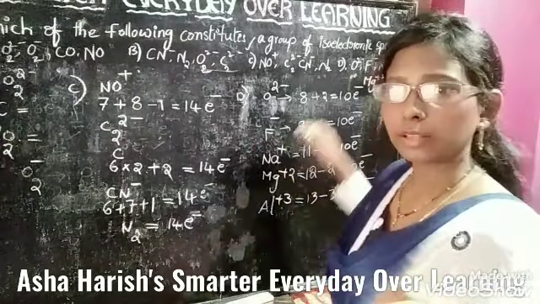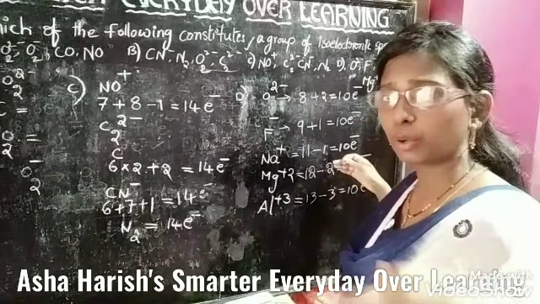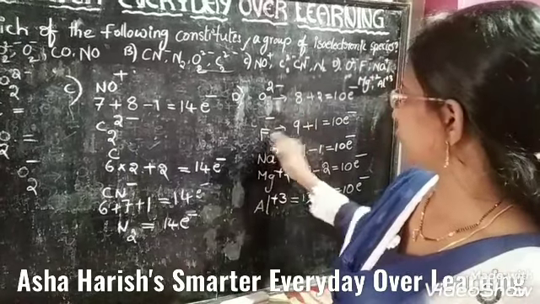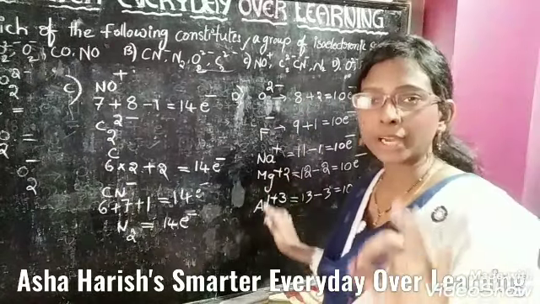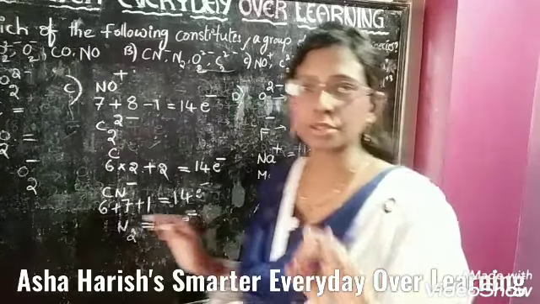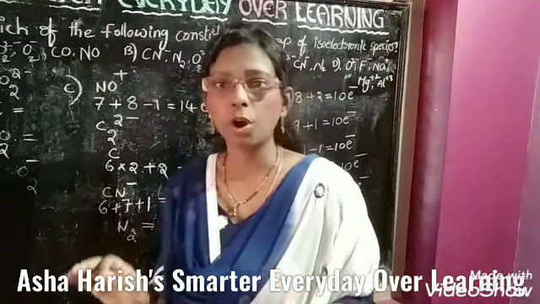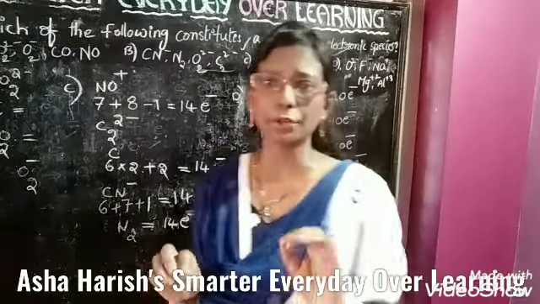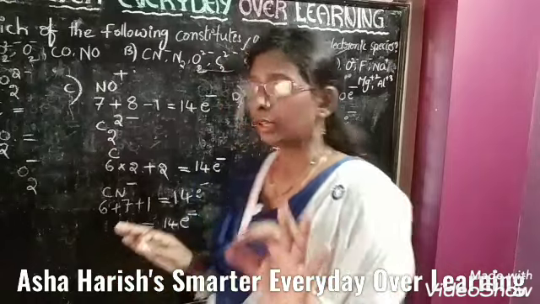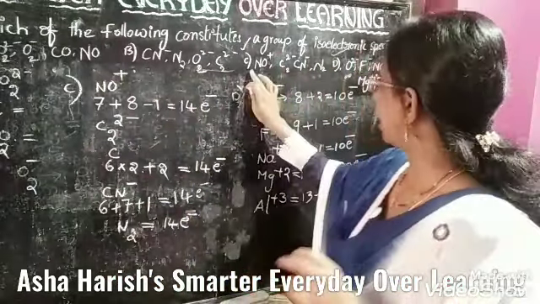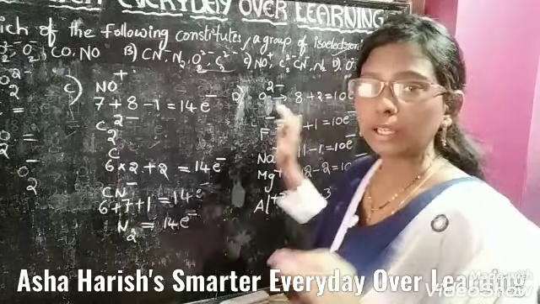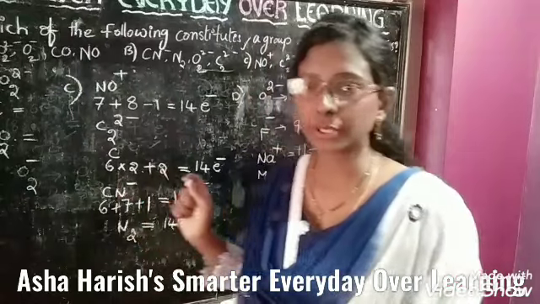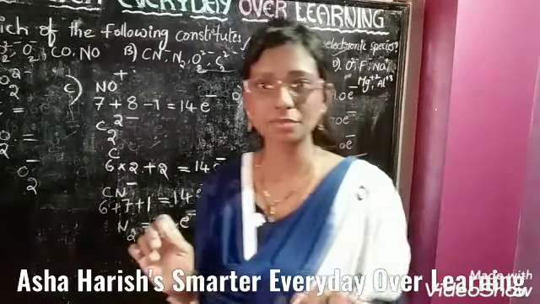So if you observe these electrons, what we got finally students, all are 10 electrons only. For O2 minus, F minus, Na plus, Mg plus 2 and Al plus 3, we got only 10 electrons. So option D is also correct, which belongs to isoelectronic species. Okay students, in these 4 options, option C and option D, these 2 are correct, which belong to isoelectronic species.